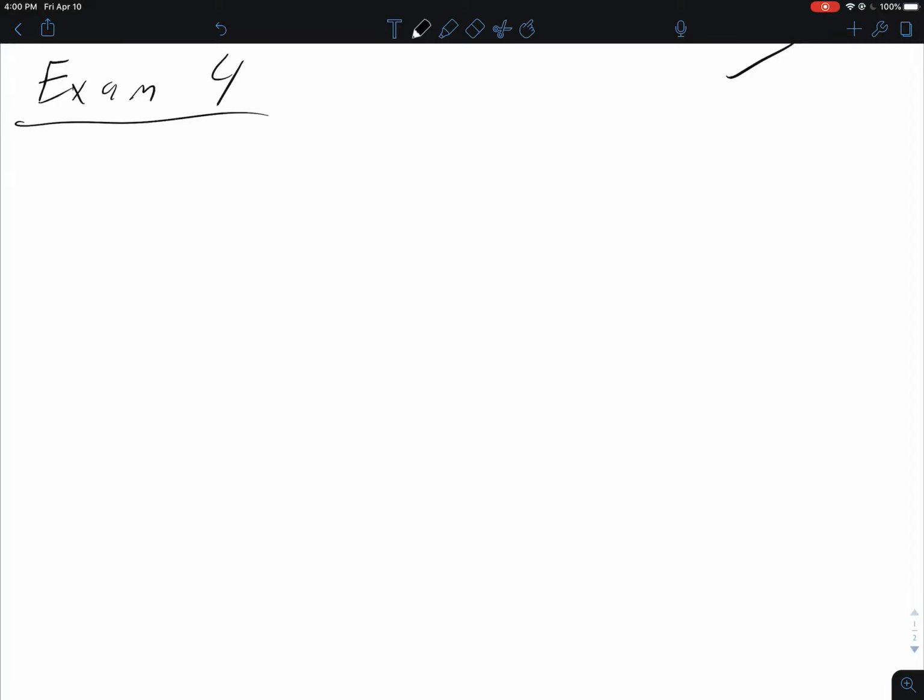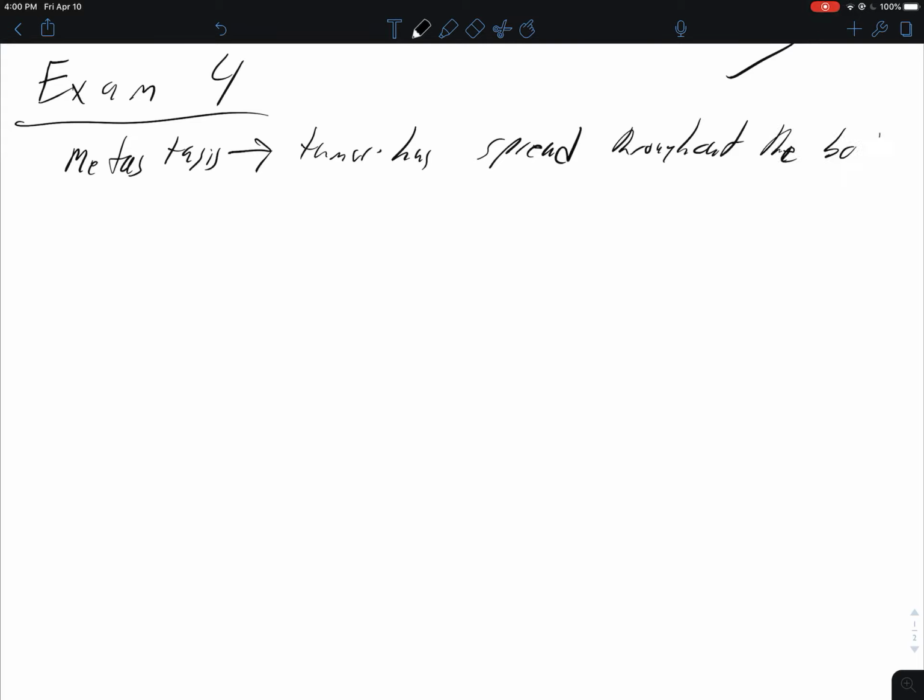So in exam 4, one of the most commonly missed questions was a true or false question that had to do with metastasis of cancer or lymphoma. Metastasis means when a tumor has spread throughout the body. Lymphoma means tumor of